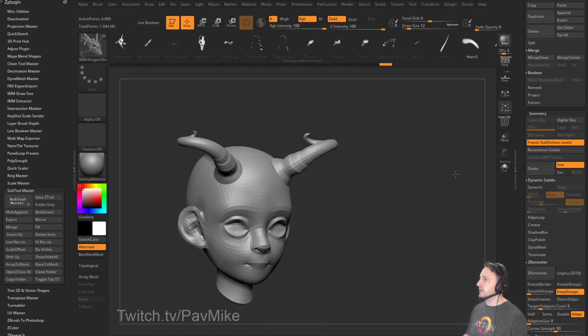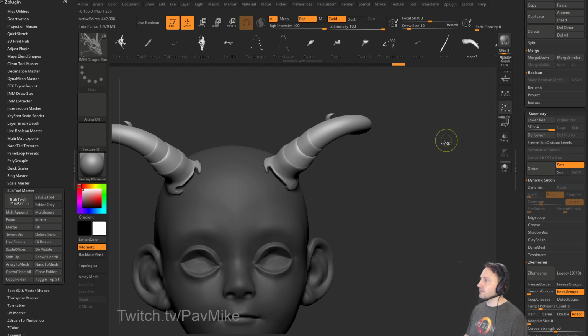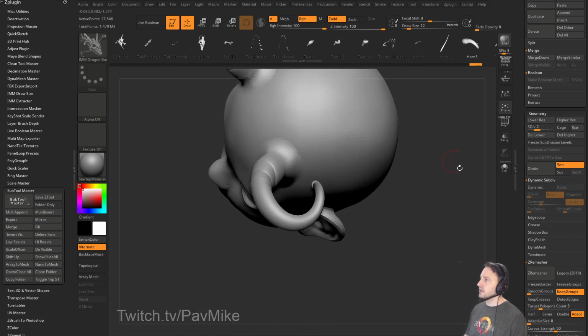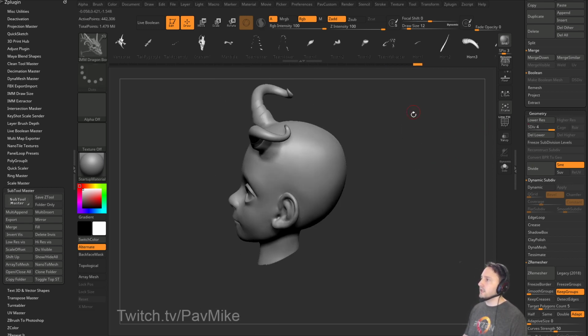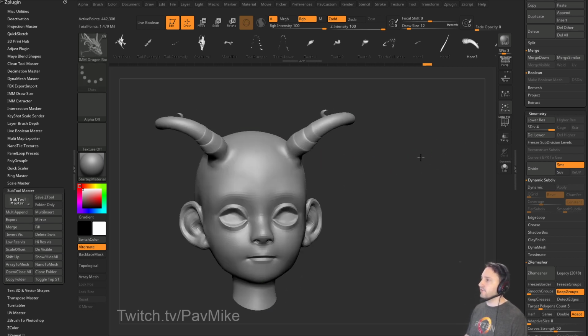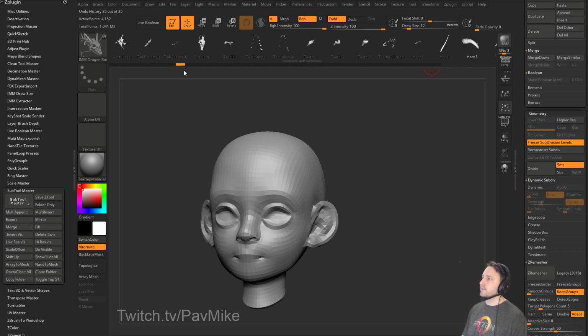So now we have this, but now where's the detail in my head? I just go out of freeze subdivision levels, and then it didn't do a perfect job around here, but that's okay. We can go through here, smooth intensity back up, and you can even drop down. So you've got your subdivision levels back, you've got new geometry, and you've got horns on his head now. So now what I would probably end up doing is, instead of doing all of that, and it's fast, and that's why it's there. However, what I might end up doing is going back here to where we had this,